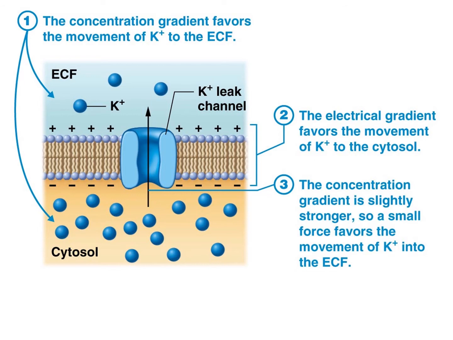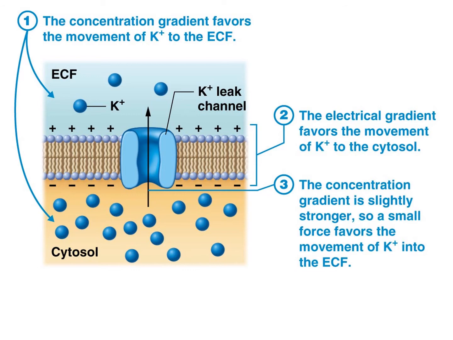Okay, so let's take a look at this for potassium. Remember, potassium is higher inside the cell, so its concentration gradient favors the movement of potassium to the extracellular fluid, okay, from inside to outside. However, the electrical gradient favors the movement of potassium to the cytosol. Why? Because remember, it's positive on the outside here and negative on the inside, and potassium is a positively charged ion, so it's happier inside the negatively charged inner membrane,